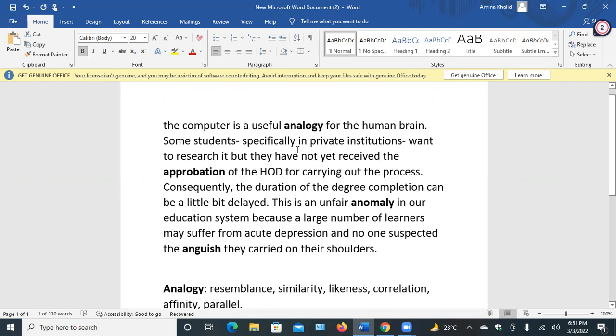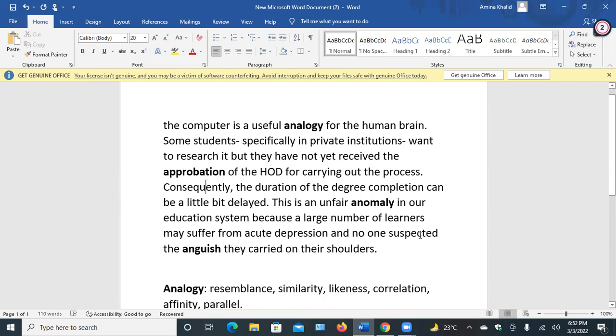Some students, specifically in private institutions, want to research it, but they have not yet received the approbation. It means approval of the head of department for carrying out the process. Consequently, it means as a result, the duration of the degree completion can be a little bit delayed. This is an unfair anomaly. It means abnormality, irregularity in our education system because a large number of learners may suffer from acute depression